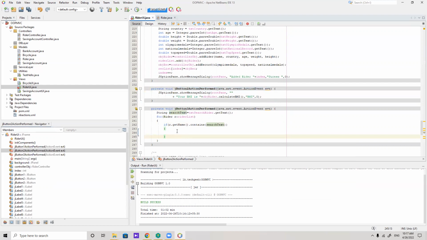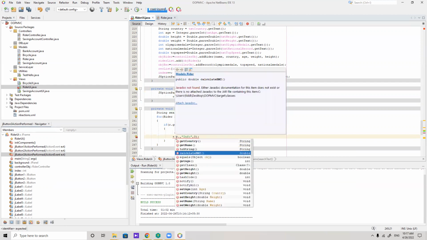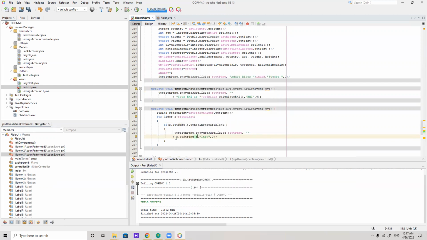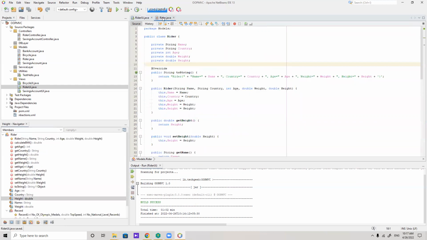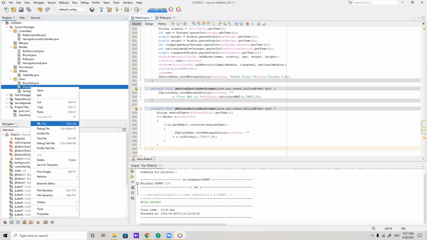So I can just copy this one of the JOptionPane. I can say info. Here we can say r dot toString method, that will be directly printed. That toString method is actually what we generated earlier. We are printing the name, country, and age. So that's it. When you run this rider UI,